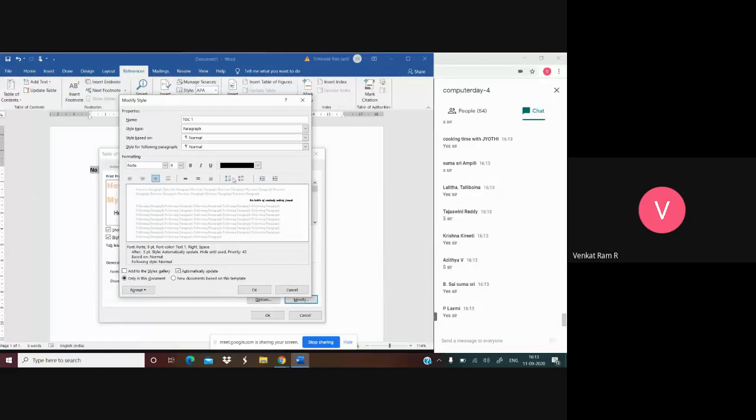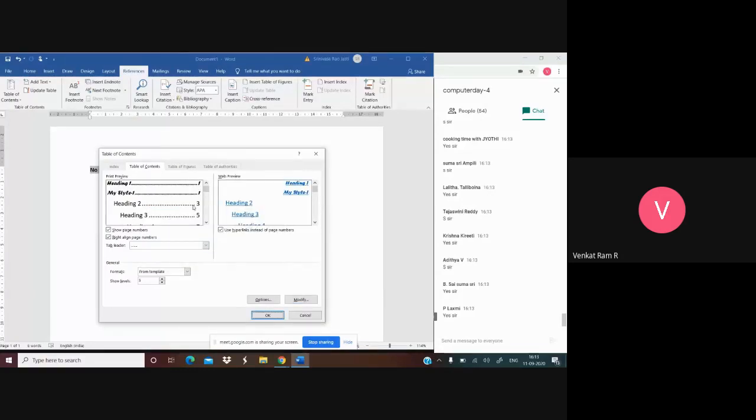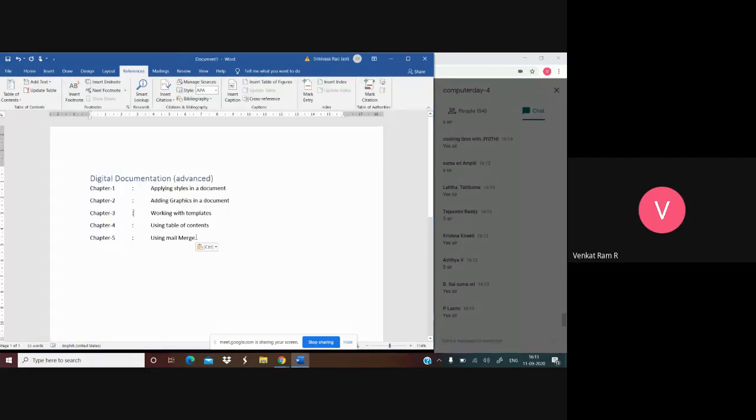And these are called indentations and I'm selecting OK. Okay, fine.